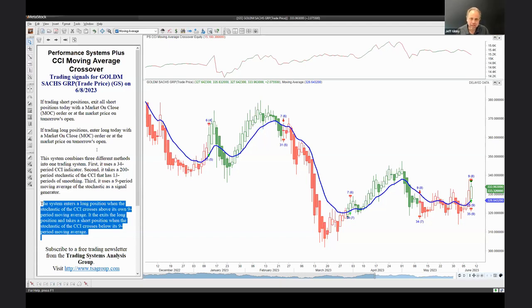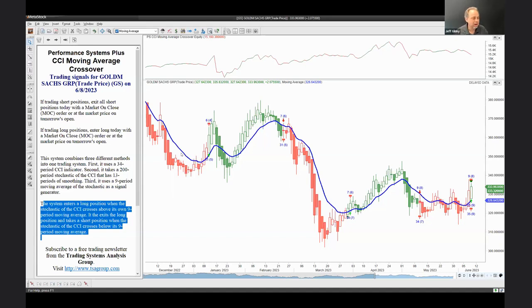Okay, let's say that this is the actual method that I want to trade with. Right now, I actually, somewhat randomly, am getting a buy signal on Goldman Sachs, so I could execute that. But let's say I wanted to get a list of other opportunities that might exist in the marketplace. To do that, and this is a tool I use every single day that I trade, I'm going to